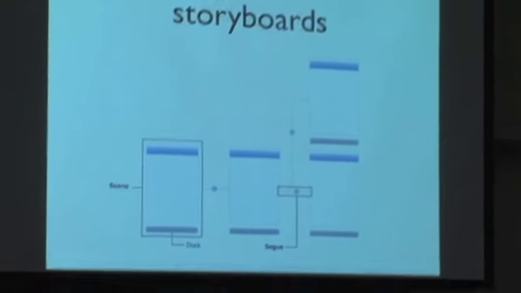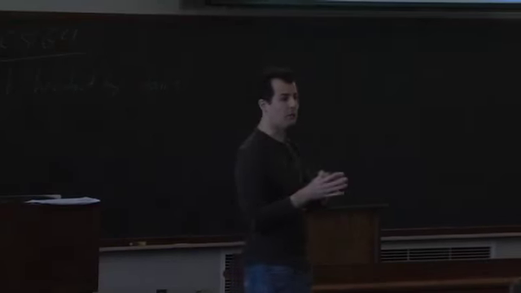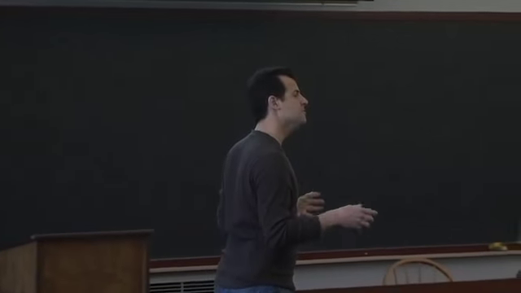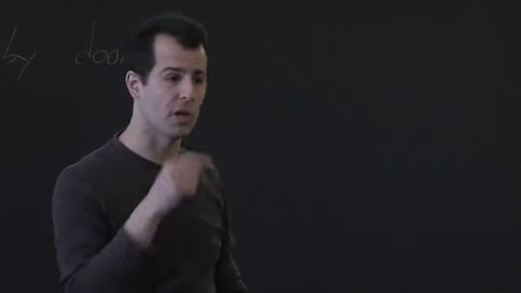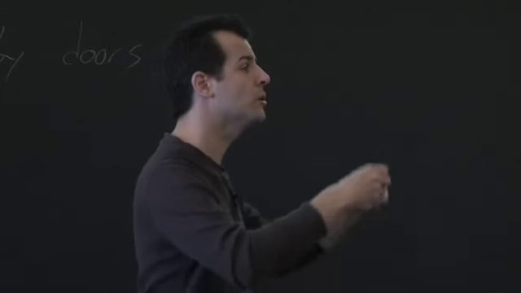This is meant to make easier the process of putting together an app, because many, not all, iOS apps have screens where you touch a button and the thing scrolls to the right. Touch another button, it scrolls to the right, or something like that. So not Angry Birds, but more of a data-driven application. And so storyboards are meant to facilitate that type of application where you touch something, you see new content. Touch something, you see new content. Not so much graphical, but a standard UI mechanism with like a little scrolling view or buttons or scroll bars